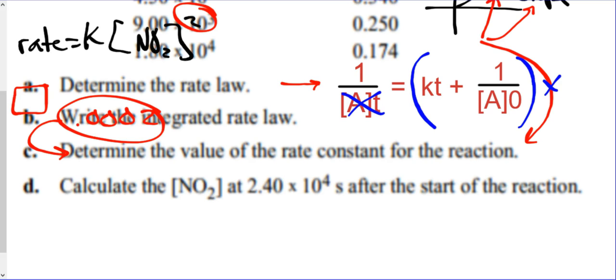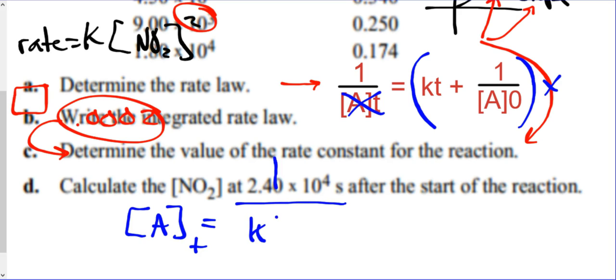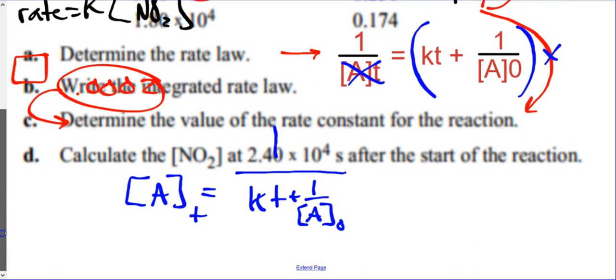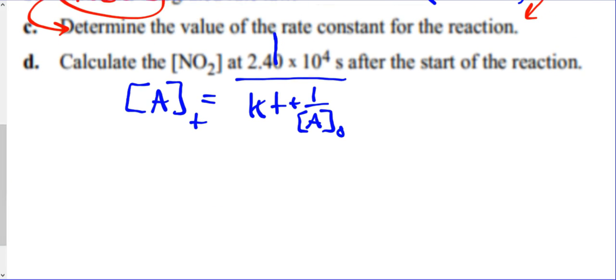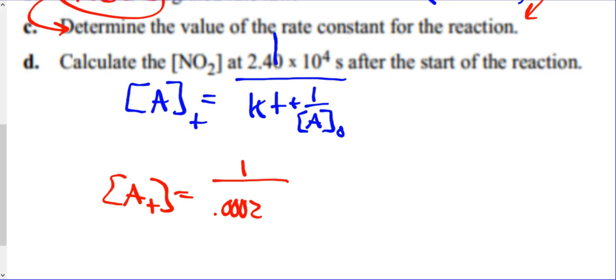So the concentration of A at time t is equal to 1 over all that, kt plus 1 over A naught. And all these things are given to us for our good. So our concentration at time t is equal to 1 divided by k, which was 0.0002 times t, which is 24,000, plus